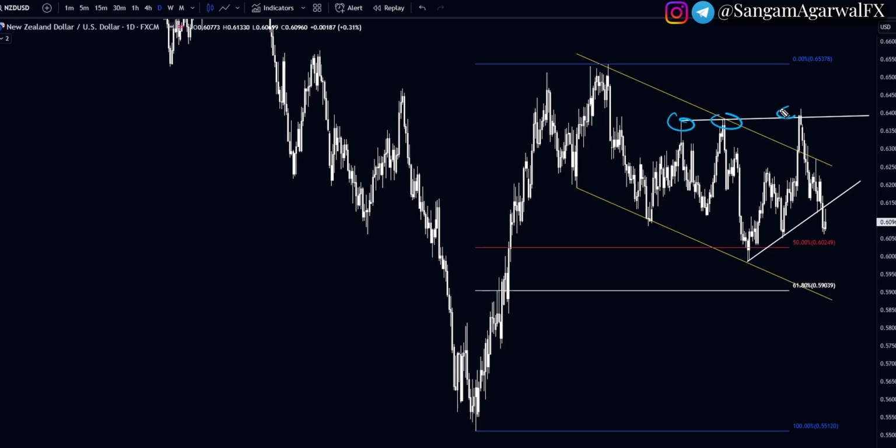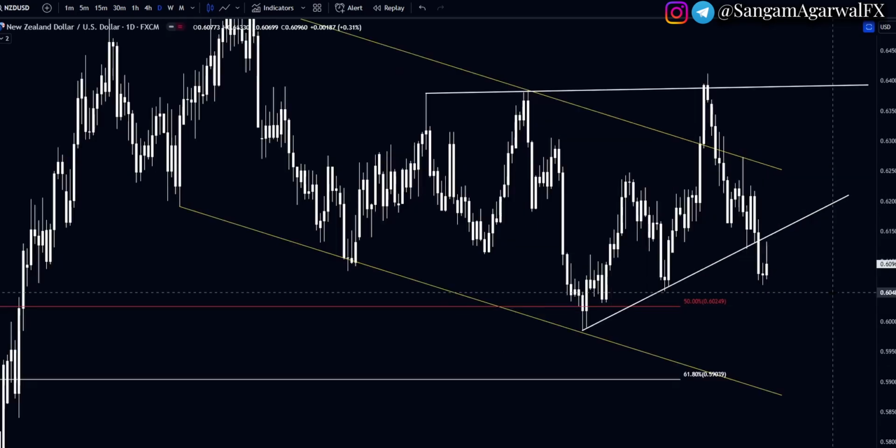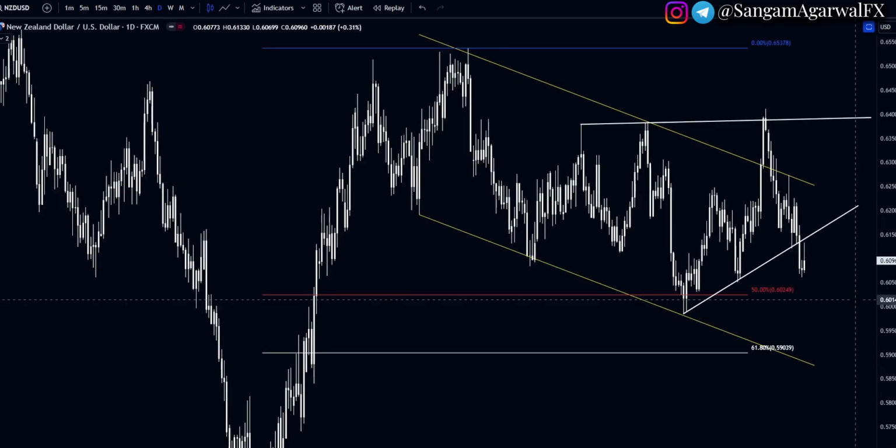Then New Zealand dollar, after the breakout, retested this upper trend line again. You can see price tested this trend line before the breakout and after the breakout. Perfect technical trend line retest breakout setup. And now price is testing this previous low. It is making support. So 61% retracement and this lower white trend line can be your next support.